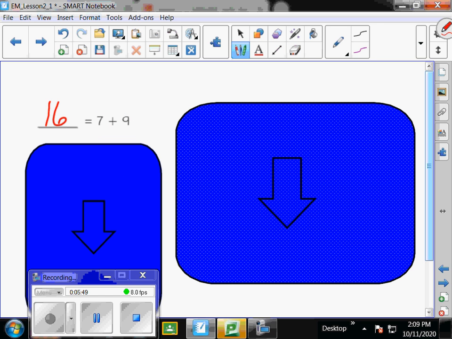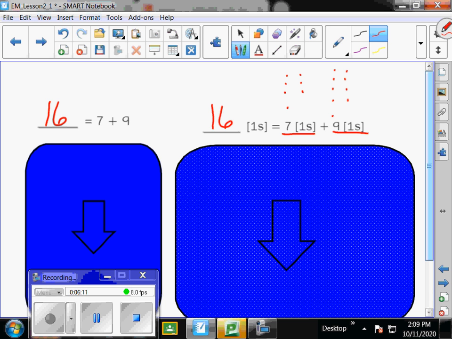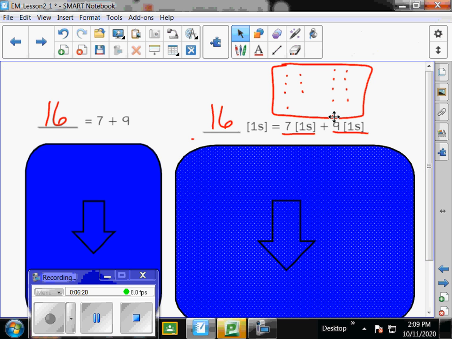Now if you know that 7 plus 9 is 16, so again, that's having 7 ones plus 9 ones, 1, 2, 3, 4, 5, 6, 7, plus 9 ones, 1, 2, 3, 4, 5, 6, 7, 8, 9. When I add those together, what do I have? I have 16 ones. So now, knowing that, what if I asked you to solve